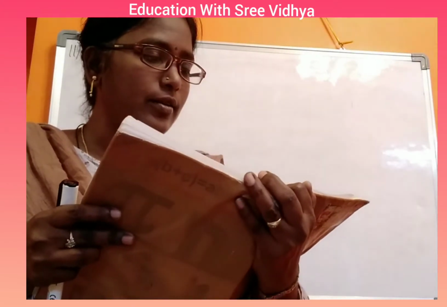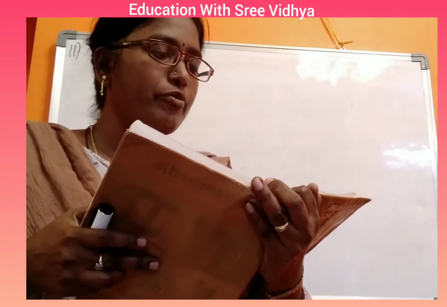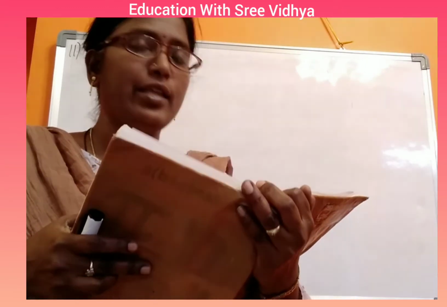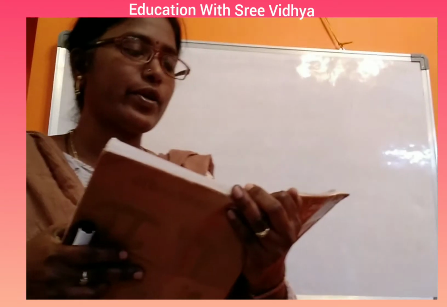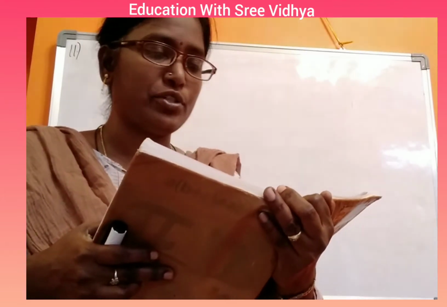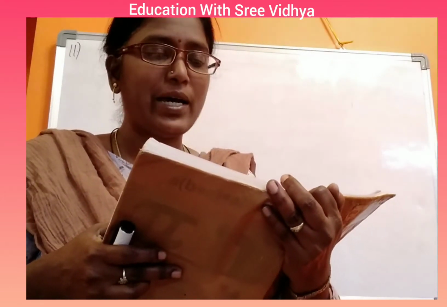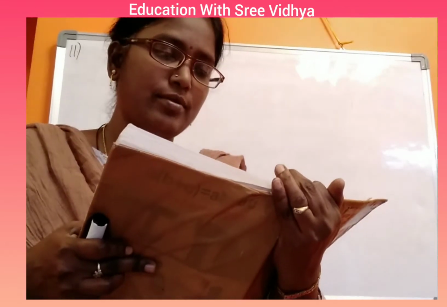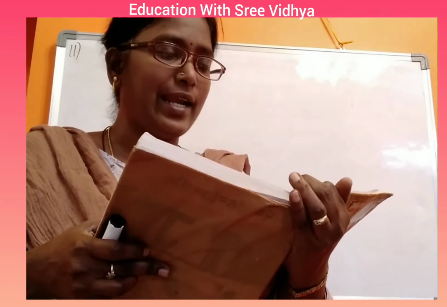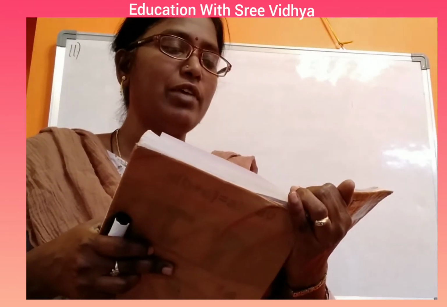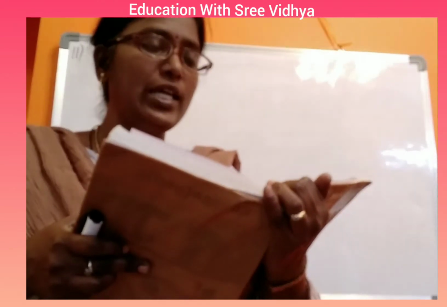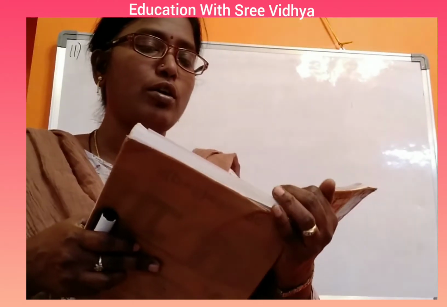11th problem, children. A sum of rupees 3,000 is given in the form of 63 prizes. So for 63 prizes, 3,000 has been allotted in the question. The prize money is either 100 rupees or 25 rupees. Find the number of prizes of each type. So each type of prize we need to identify.